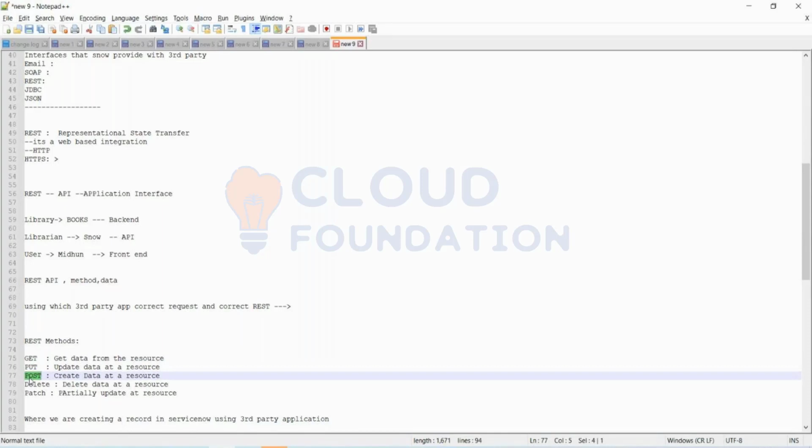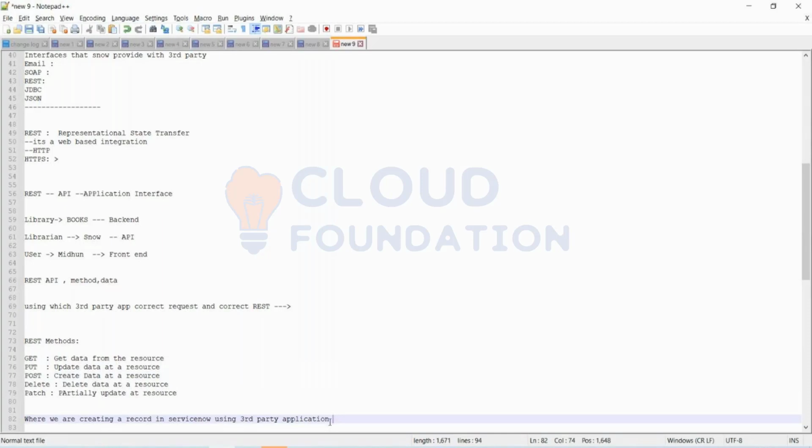So it will be the GET method only, right? In the scenario which I have told you, to get the data, it would be the GET method. But to create the data, would it be the GET method or the POST method? It will be POST. Yes, it would be POST. At the end of the session, I will show you the scenario which I'm telling you so that we can relate it.